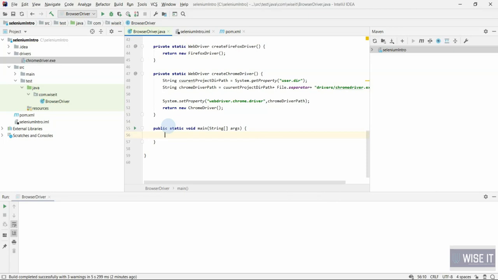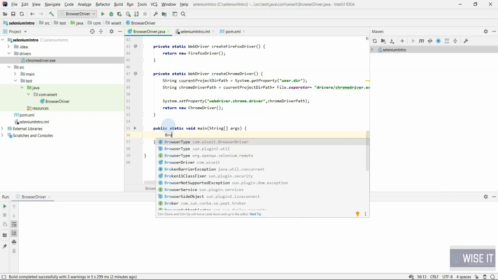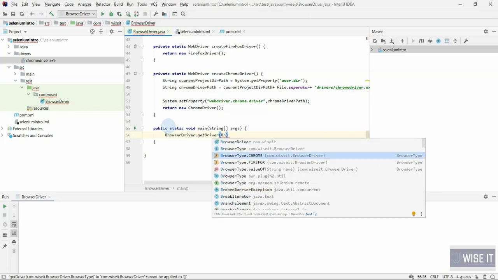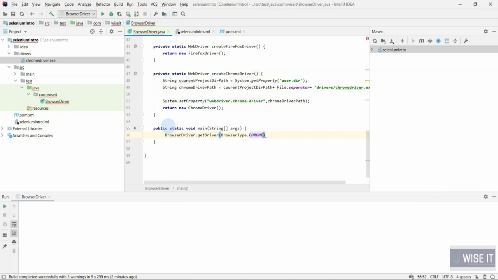So let's get that driver. The class is the same class, BrowserDriver.getDriver BrowserDriver.type.Chrome. So what will happen here? It will return me an object of type Chrome driver.